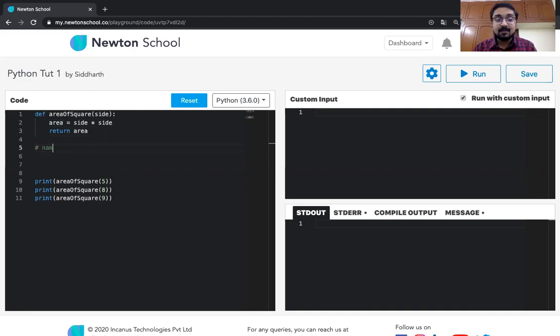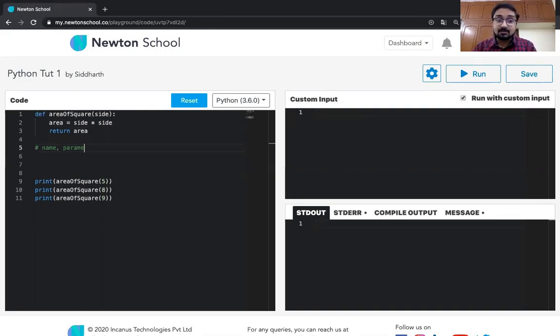One is the name, which is basically used for you. You can have any name, and it will still work. These names are just for humans. But as I told you, you are here to become a job ready coder. And coders who are working in industry have a very good sense of code. They write code that others can also understand. So name is important, but you can have any name over here.